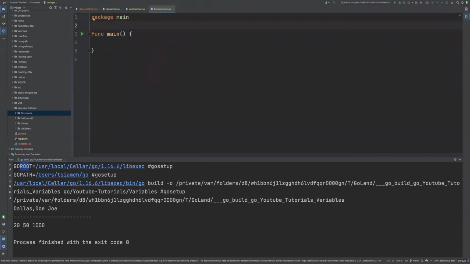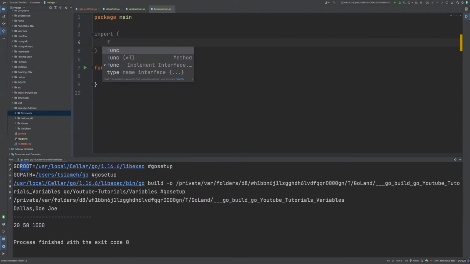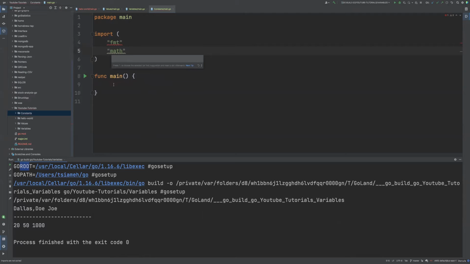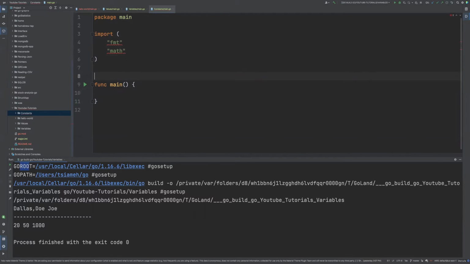And I'm going to import FMT and then the math library. Okay, so outside the main function, I'm going to declare a constant, a string constant, and I'm going to